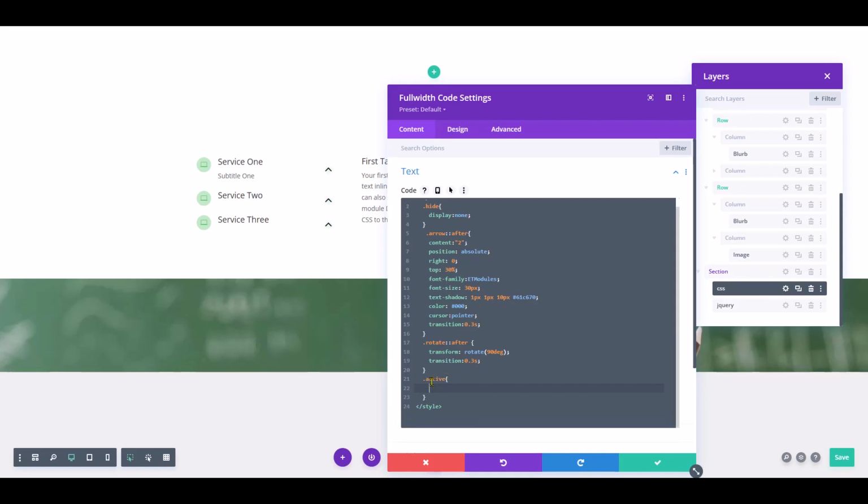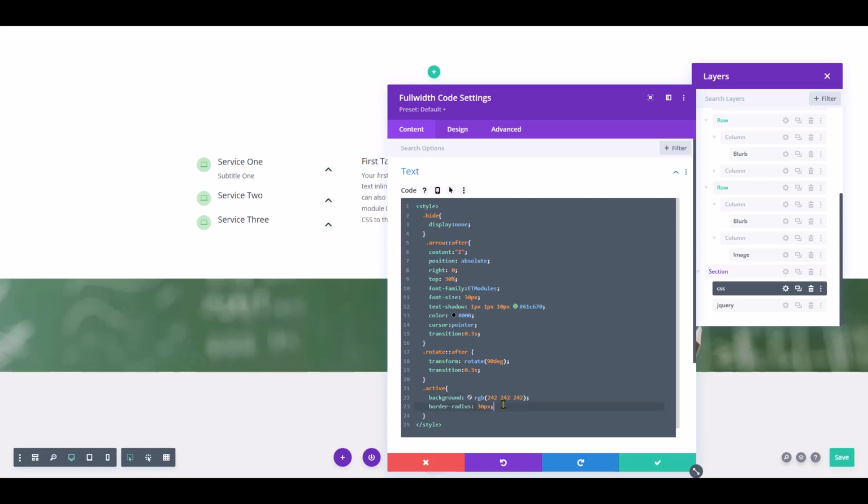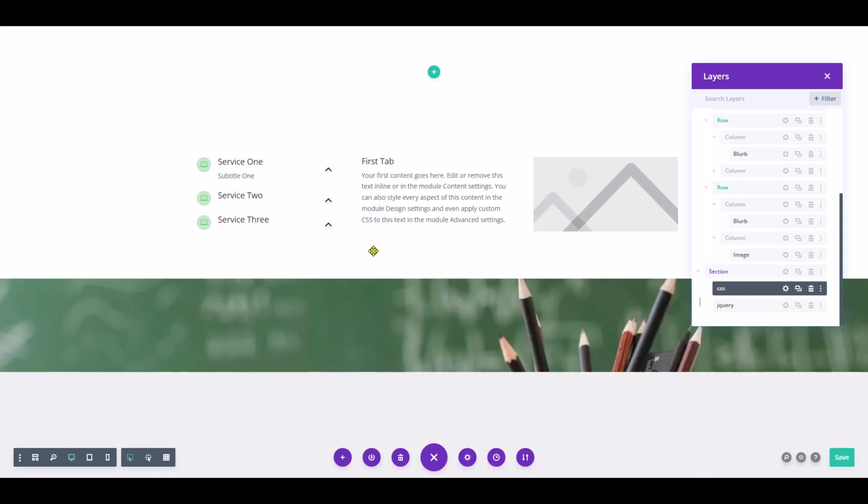Let's give it an appropriate background color, a radius of, let's say, 30 pixels. And let's give it a dotted border of 1 pixel. Also, let's give it a small padding. 6 pixels? Yeah, let's work with that. You can customize it however you want. Now let's add this class to our first blurb only,